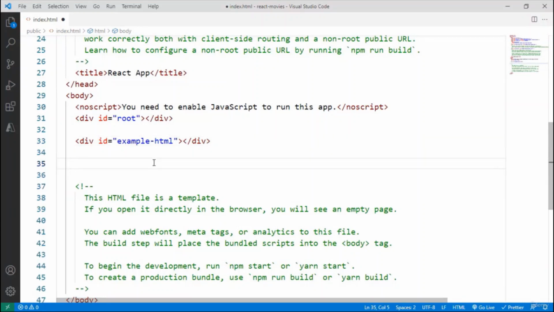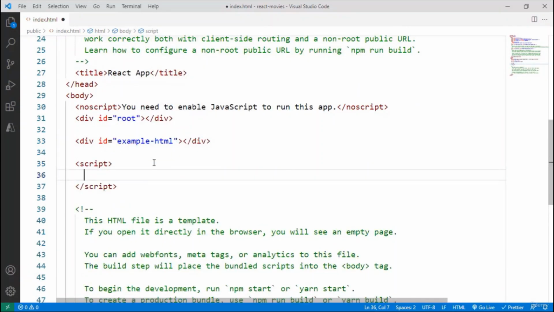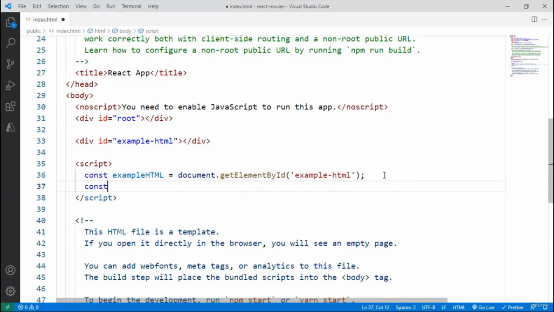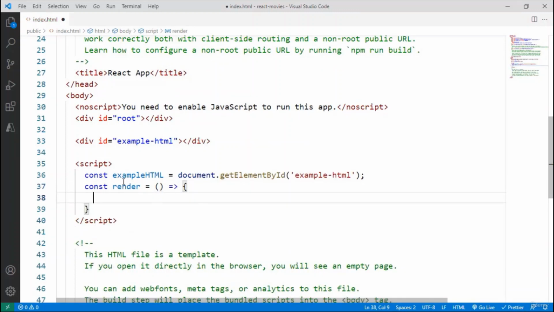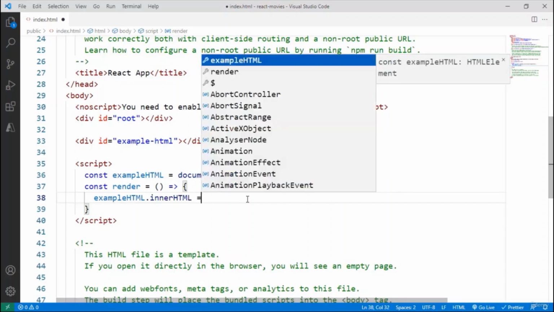updated once a second. So let me say here script, and let me say here const example HTML equal to document get element by ID. I want to obtain this div, so let me copy its ID and paste it here. And now we'll say const render equal to, and I will use an arrow function here. So render is a function, and this function is going to say example HTML dot inner HTML equal to, and